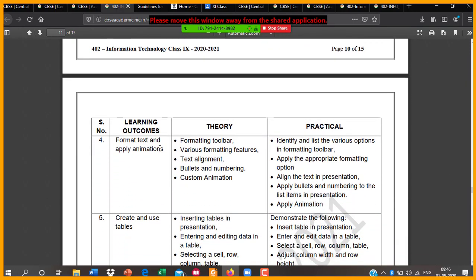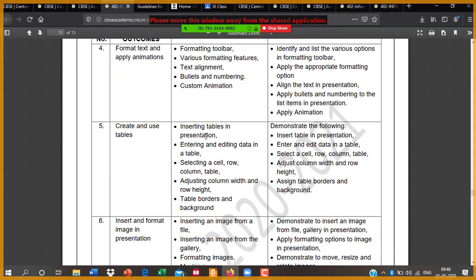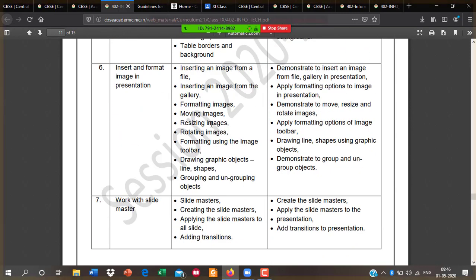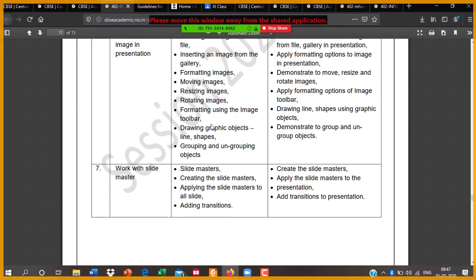Formatting text and applying animations, using tables in PowerPoint, inserting and formatting images in presentations. It means you can crop your image, you can do color correction, you can shift the position of the slide.